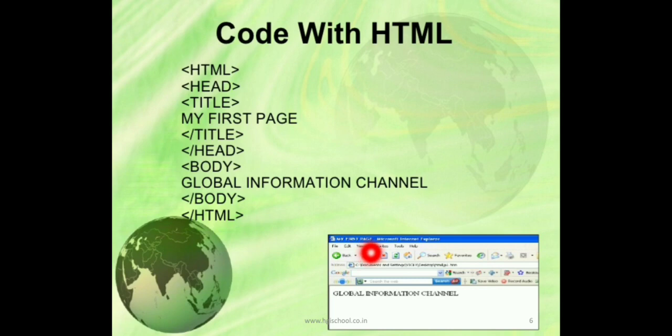It is written in the title bar of the web browser. Then after the head tag, you have to write the body tag, the body opening tag. This is the body closing tag. Inside the body tag, we have written the content Global Information Channel. And you can see here it is displayed in the content area of the web browser.